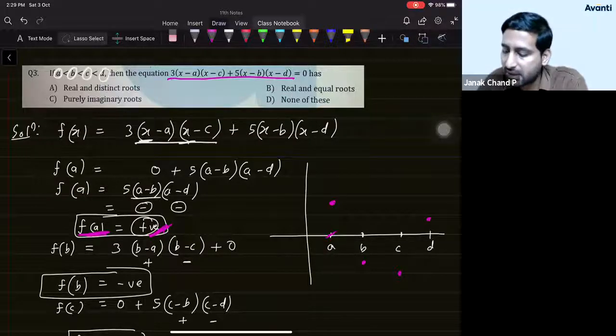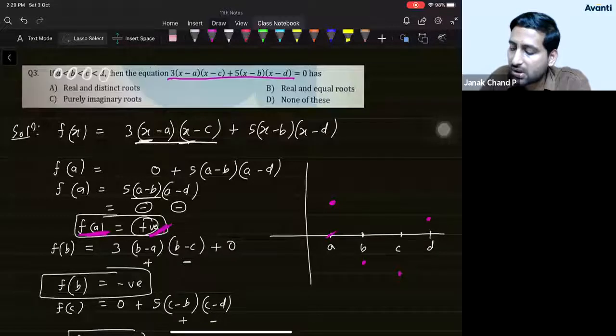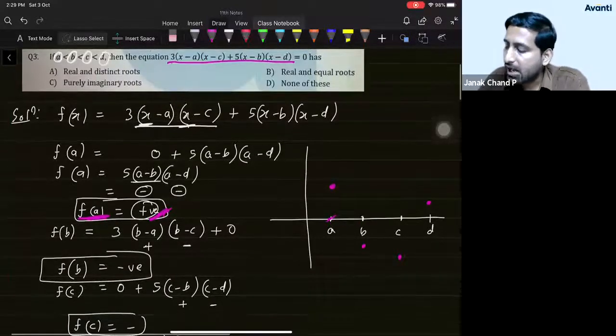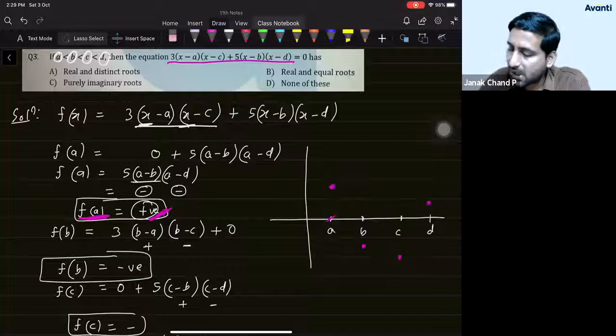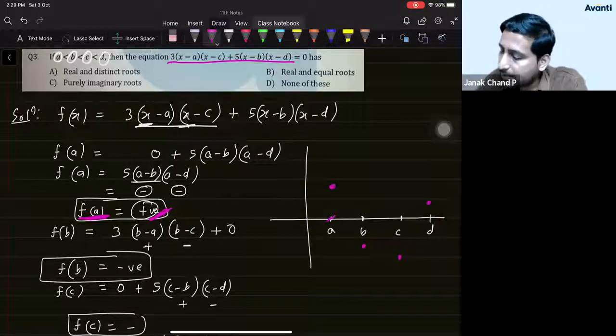Very good, Devdutt. Devdutt is saying option A is correct. So let us see whether that is correct or not. So, student, we know that the quadratic equation will surely be looking upwards because, when you do the multiplication, the coefficient of x square will be positive. Okay, fine. And roughly, even whatever 4 points we got are also suggesting the same thing. If I just try to draw a parabola which is looking upwards through these 4 points, I will get somewhat like this.